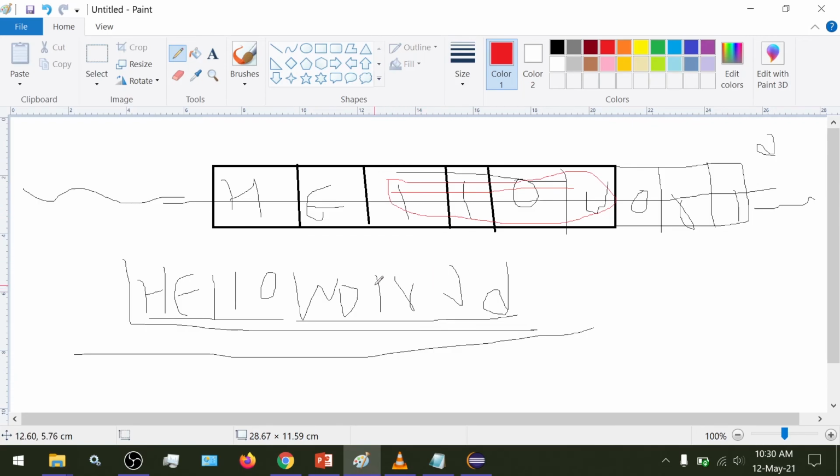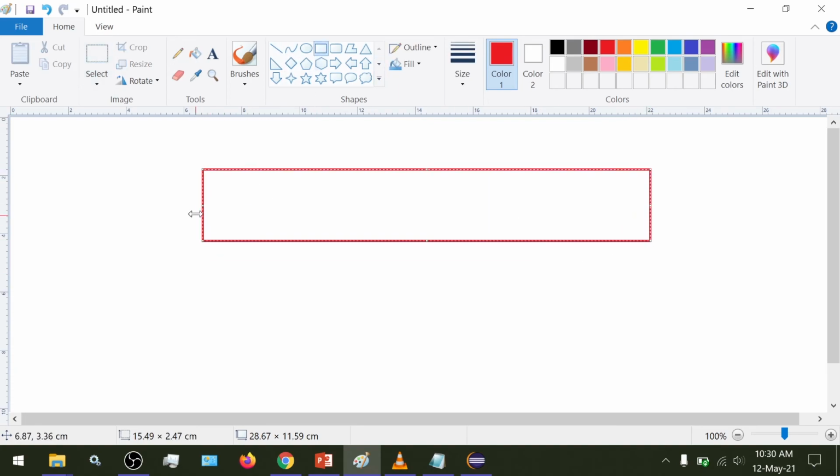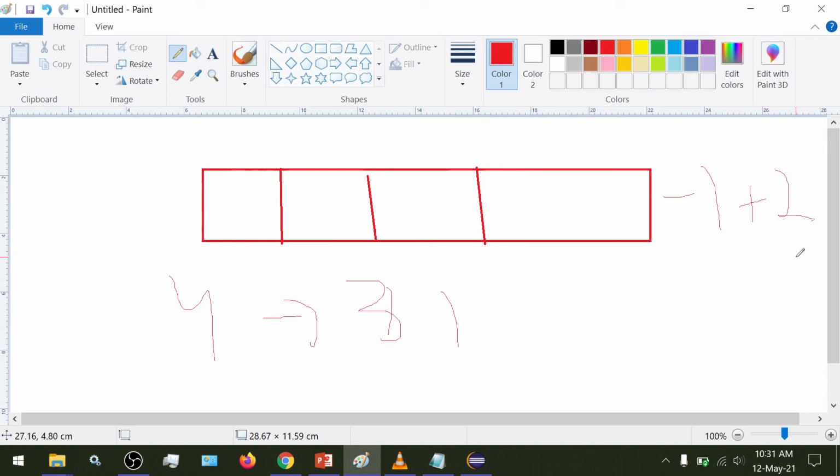So if we have a string buffer object like this, and it has 4 blocks of memory, and we are using only 3 blocks, so initially we would have this one block as free. And if we delete any content from these three, and suppose we make it one, so the remaining 2 blocks get added to this, and the memory still remains 3.